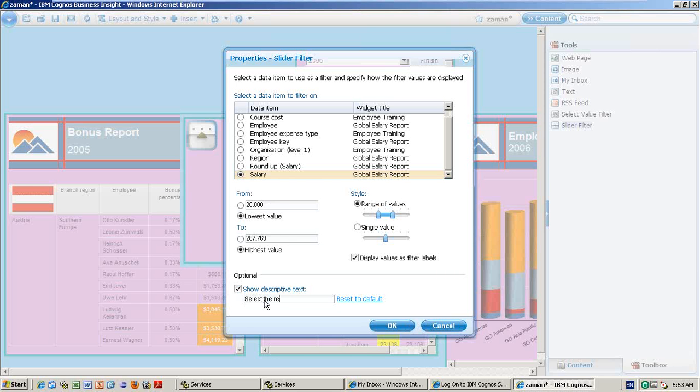So lowest level is 2 lakhs and highest level is 2,87,769. You can change here like this and click OK.